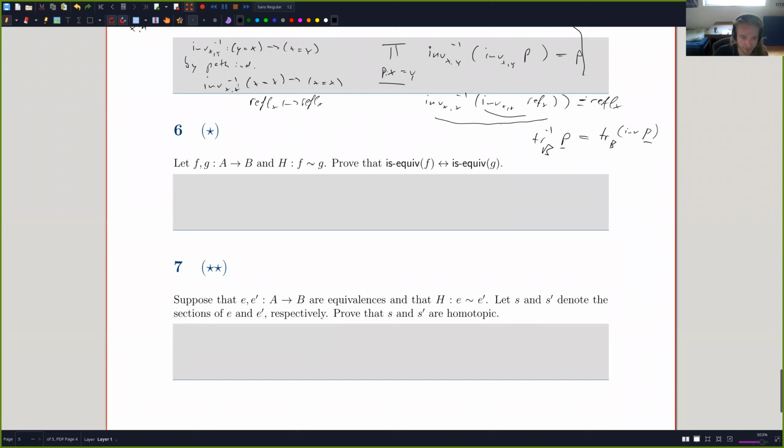Okay, we have two homotopic functions, and we want to prove that if one is an equivalence, then the second one is as well. So of course it suffices to go only one way by symmetry, and let's go this way. We assume that F is an equivalence, and that means we have